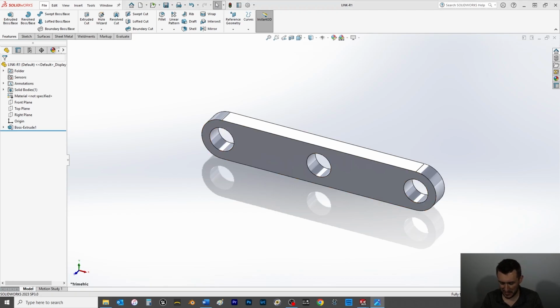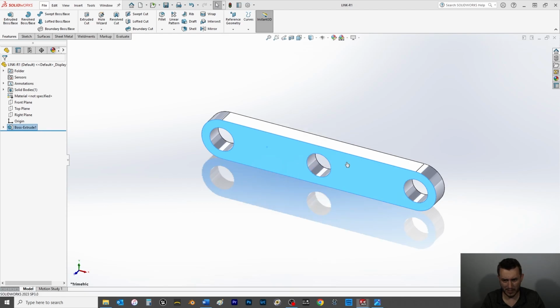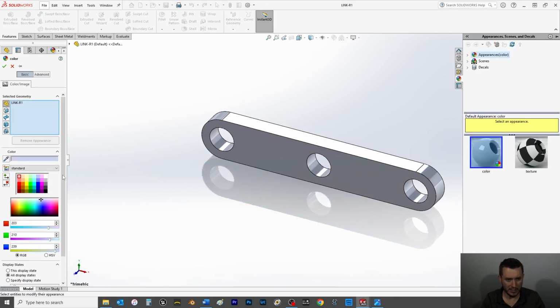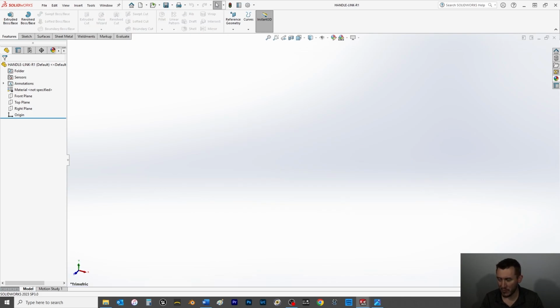let's see, why don't we give it a color, kind of a dark color, like something we go with, how about that, a light gray. And that's it for that part. Now I've already saved the other 2 parts that we're going to do ahead of time. Again, that's what you should be doing. So I can simply close out of this one here. And we're going to now move on to